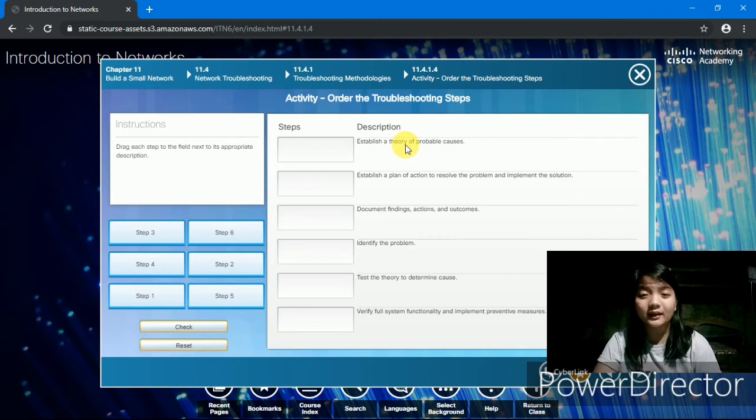So this is the last activity for chapter 11. Activity: order the troubleshooting steps. Drag each step to the field next to its appropriate description. So we have step 1, 2, 3, 4, 5, 6. These are the descriptions. Establish a theory of probable causes. That is step 2. Then establish a plan of action to resolve the